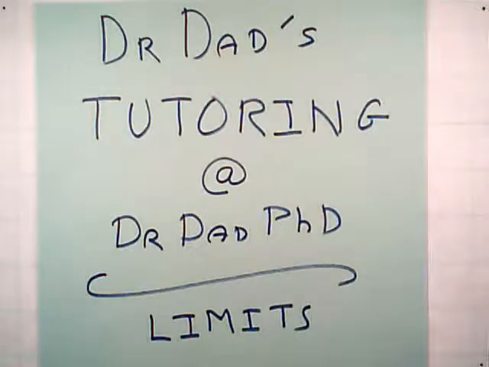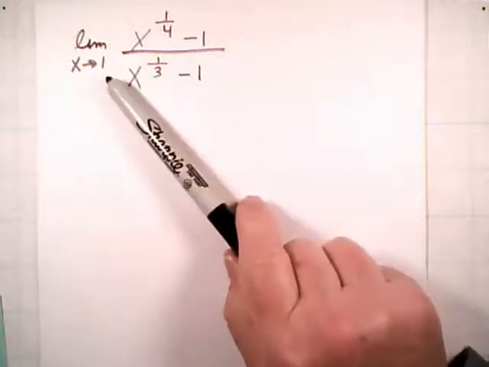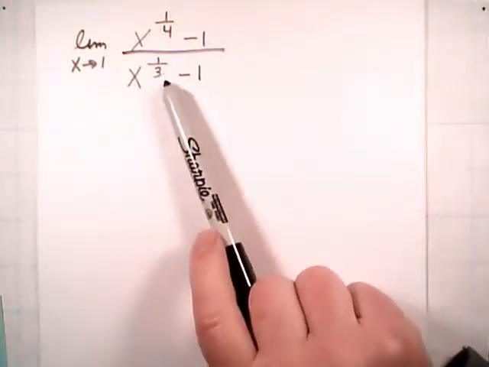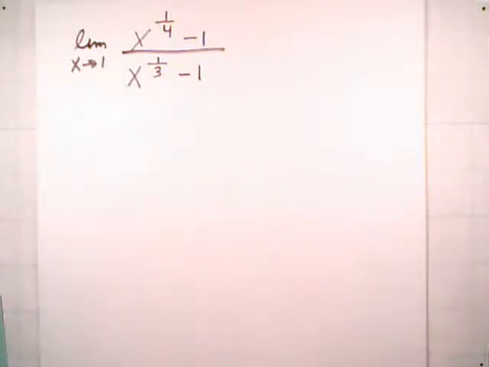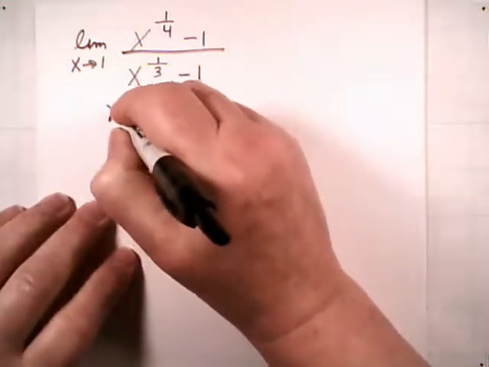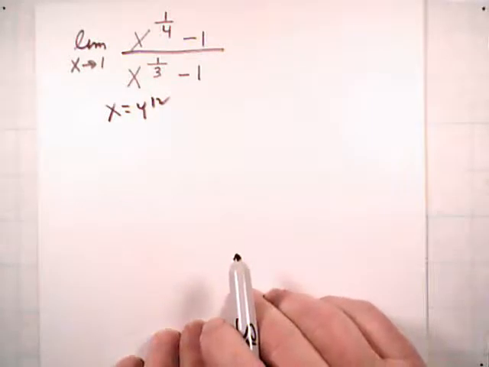Topic is limits. Specifically, we're going to solve the problem we solved in limits 1 using a slightly different approach. In limits 1, we solved the problem to find the limit as x approaches 1 of x to the 1/4 power minus 1 divided by the quantity x to the 1/3 power minus 1. We solved that by changing the exponent to integers by substituting the variable x equals y to the 12th power. What that did, of course, was make the exponents all integers, which seemed to me to be a little easier